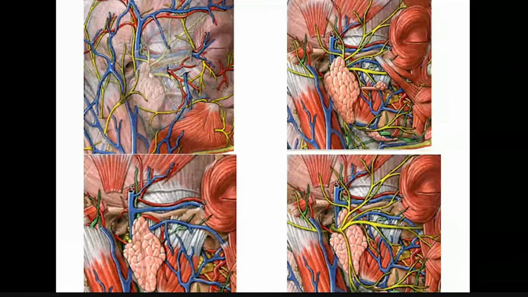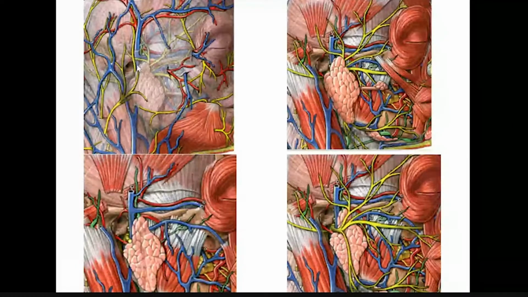This whitish membrane is the investing layer of deep cervical fascia, which ascends from the neck, becomes attached to the base of the mandible and to the angle of the mandible here, reaching the parotid gland. It splits into two layers and encloses the parotid gland to form a false capsule for the parotid gland. Then, passing over the superior border, the two layers fuse and attach to the